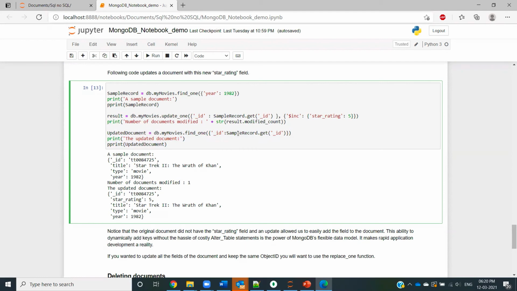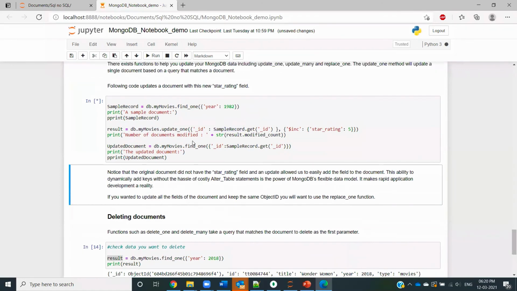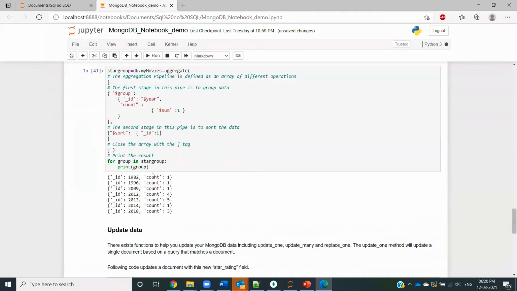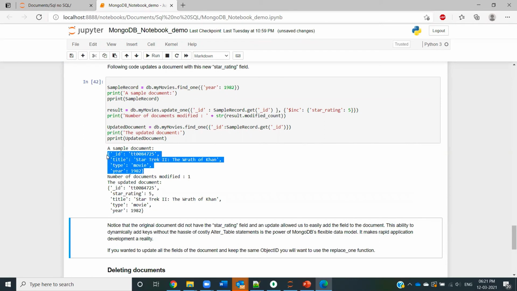So when I run this, which is taking time. Okay. So we see that earlier this record, this specific document had 4 fields, which was underscore ID, title, type, and year.